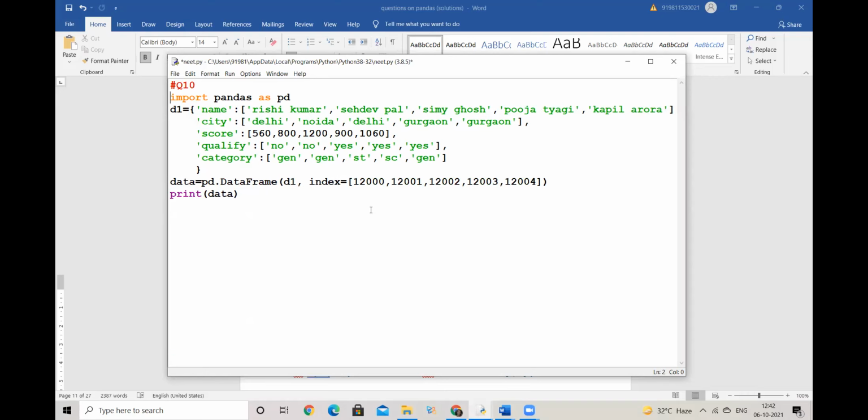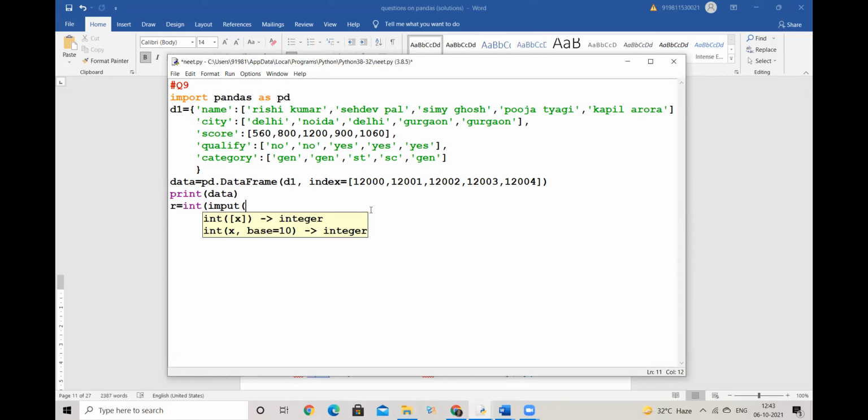Okay, this is question number 9. Now I have my original data of 5 records. I'm asking the user, and I'm not putting in the loop first, I'll do the loop later. So what am I asking him? I'm asking which roll number you want to search. Simple as that. So I say R is equal to int